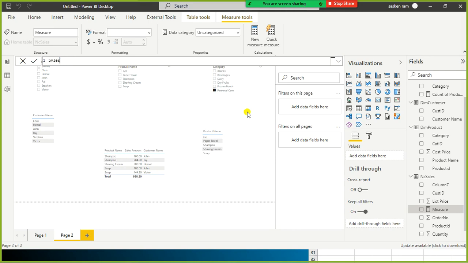Here I'm going to use more than one cross filter. Sales bidirection, something simple.